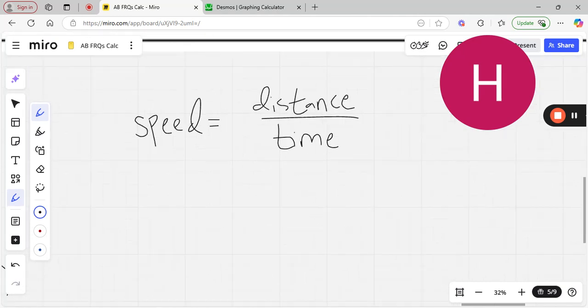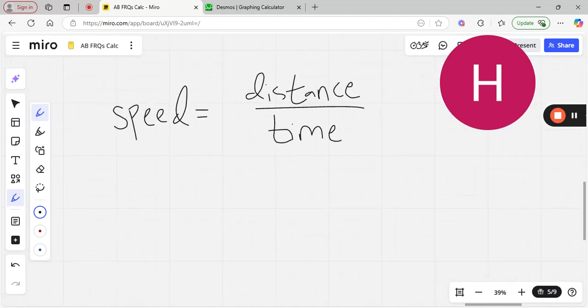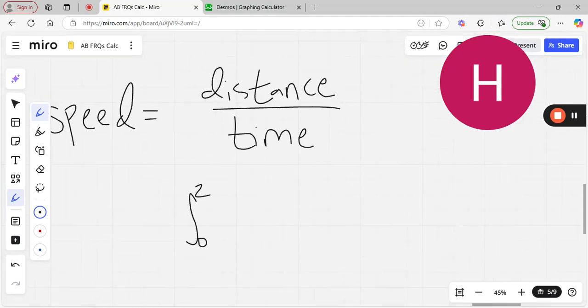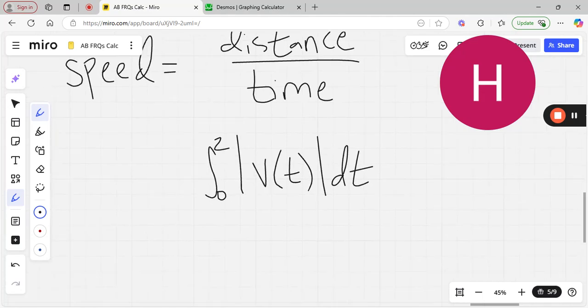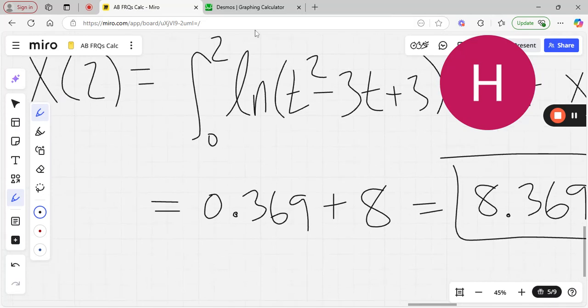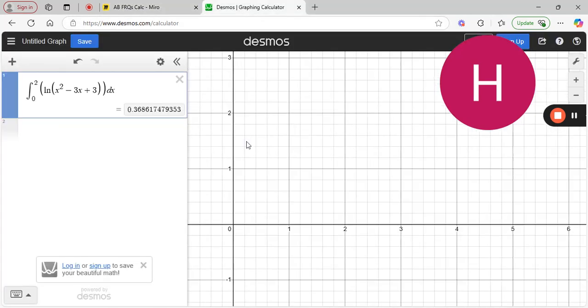So what that means is we're going to have to find the average speed by doing the integral from 0 to, what's the time interval? From 0 to 2 of the absolute value of the velocity, which could be different from the displacement. It is definitely different. This is a very small displacement, and that's because, as you can see on the function,